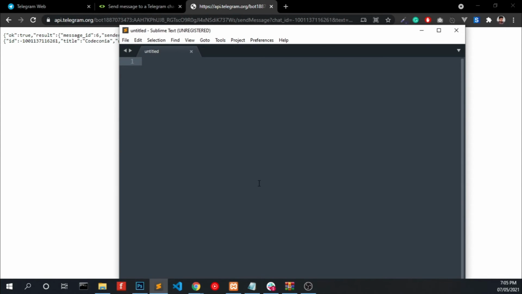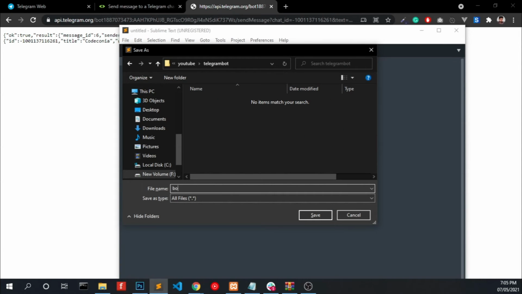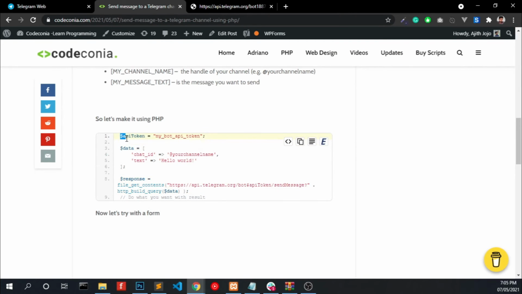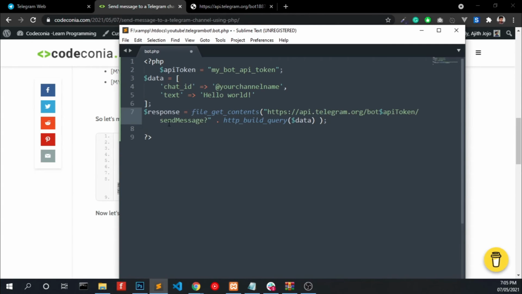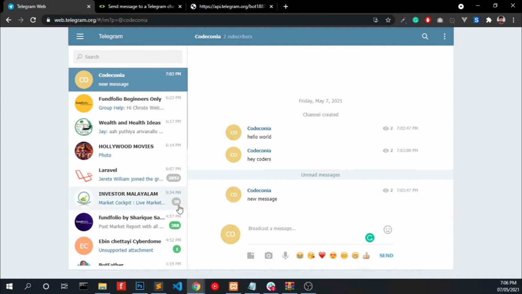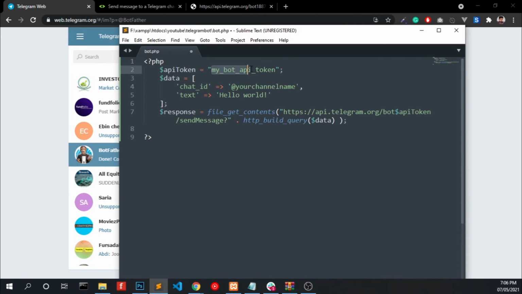Open your code editor and create a new file. Name it something like this. Okay, and copy the code from my blog. Now go back to Telegram again. Copy the API key, paste it over here,